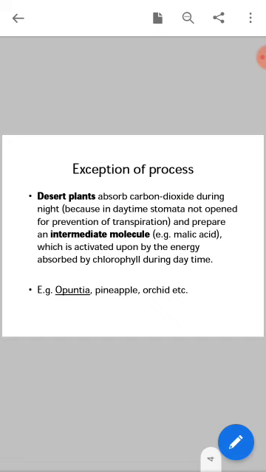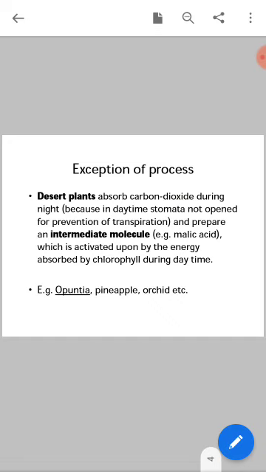But if any plant does not follow the basic steps of photosynthesis step by step, we can say that there is an exception to the process. But it does not mean that the organism showing the exception is missing one or two steps. It is not. They always follow all the steps, but they do not follow the steps sequentially. Now we are taking some examples.